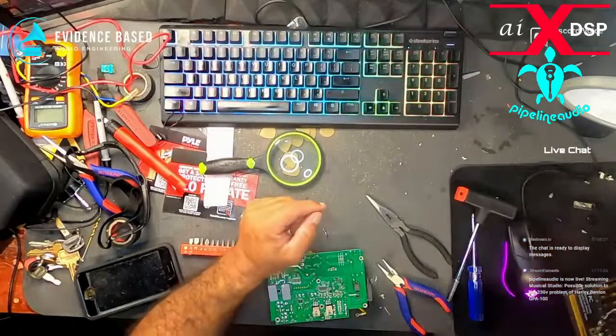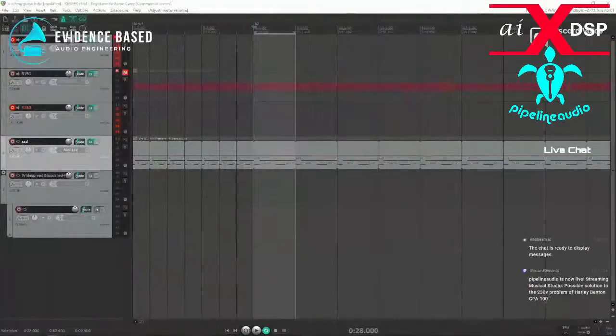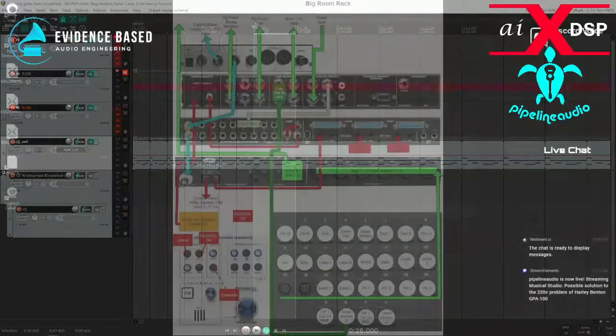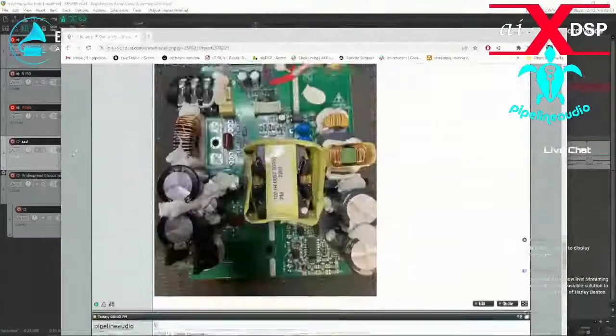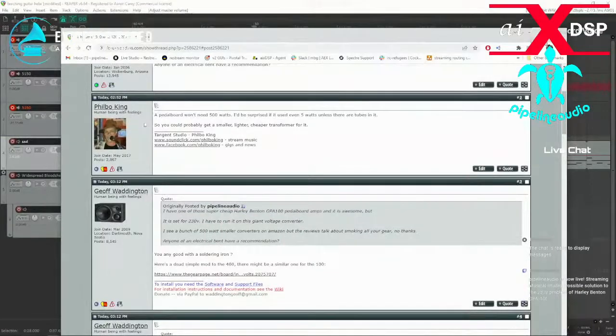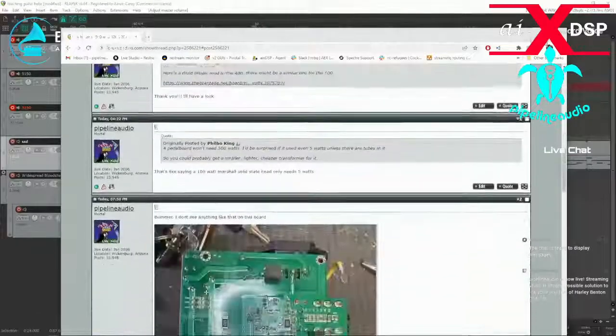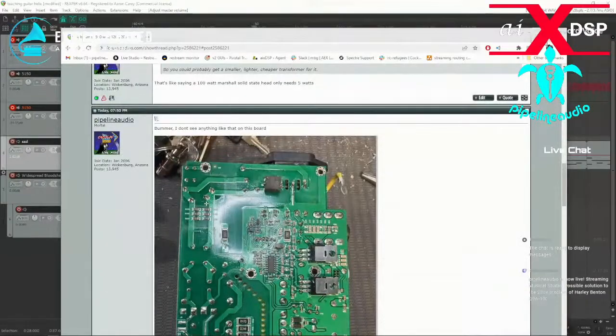Okay, so let me get to this right monitor here. I had posted a message on the Reaper forums that, let me find it now. I was having problems with this GPA-100, this Harley Benton GPA-100. It's pretty perfect for doing a full range flat response DIY cabinet on an old dead amp. And somebody pointed me to a thread on Gearspace